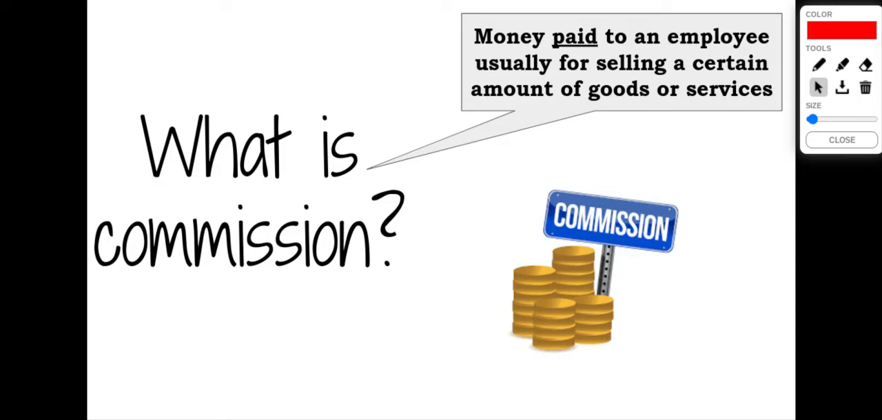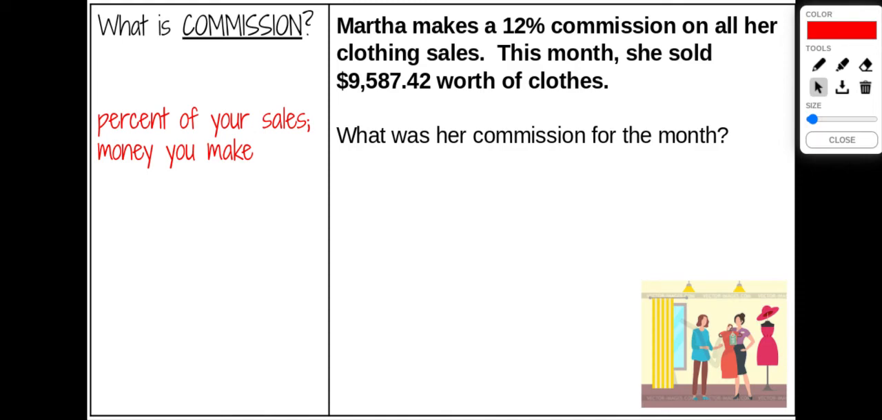Let's take a look at an example of how percentage is used to calculate commission. Martha makes a 12% commission on all of her clothing sales. This month, she sold $9,587.42 worth of clothes. We are asked to calculate the commission that she will make this month. Now, commission is a percent of your sales. It's money that you make. She's going to make 12% commission on all of this